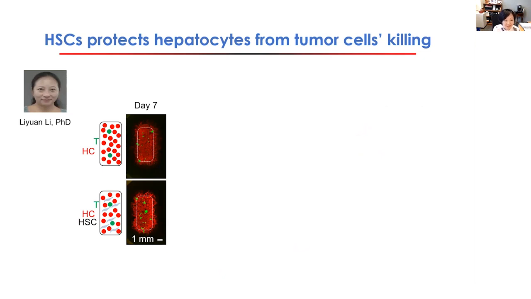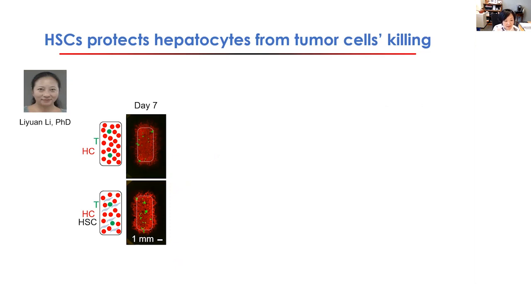But we wanted to do this even better, to visualize the interaction of the killing even more obviously. So Liqin Li, a former lab member, did this 2D co-culture. I think it's also pretty interesting and very straightforward. Basically, she plates the hepatocytes, or a mix of hepatocytes and stellate cells, as 2D sheets on the bottom, and then she seeds a minimal number of tumor single cells on top. There are about 20 tumor cells in each condition.